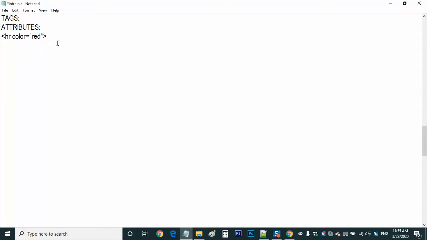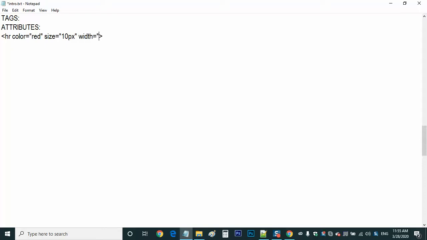Now you give a space and you want to change the size, that is the thickness, in double quotes, how many pixels. Friends, the measurement will be in pixels only, not in inches or centimeters. The measurement will be in pixels or percentage; we'll discuss that in future. Size, we used it. Now I want to change the width. You can give that attribute called width.